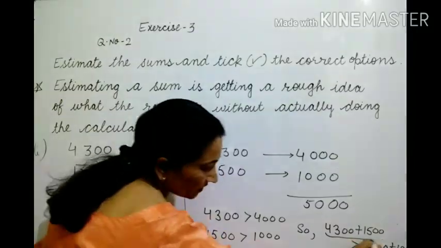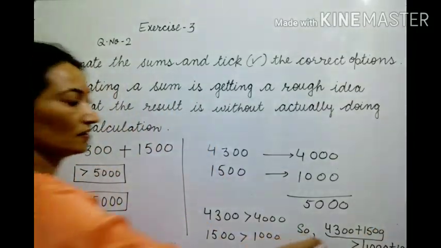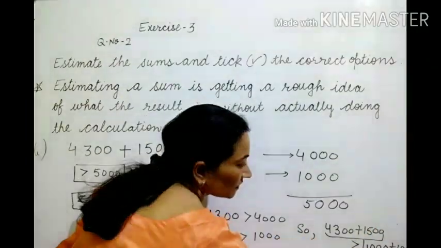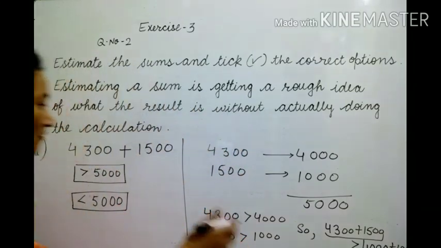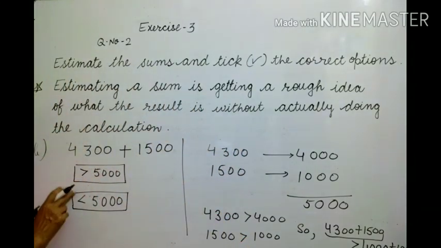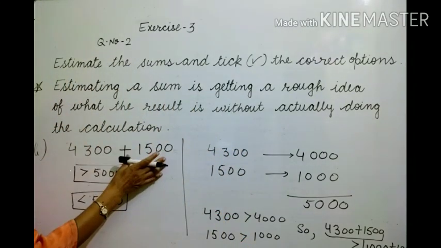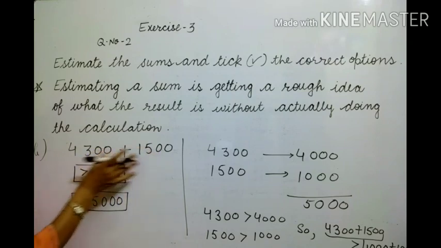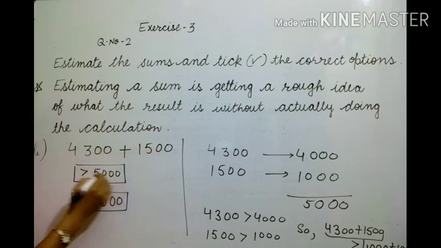It means their actual sum will be greater than their estimated sum, which is 5000. So our right answer is: their actual sum will be greater than 5000. So the right option is